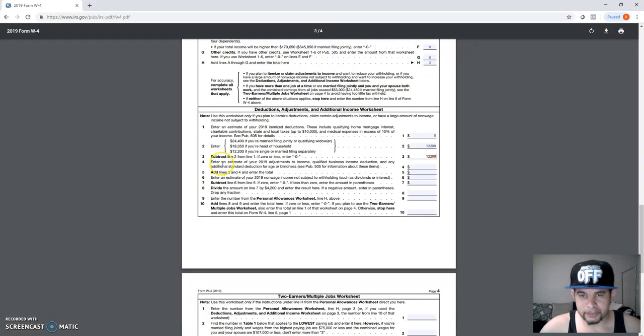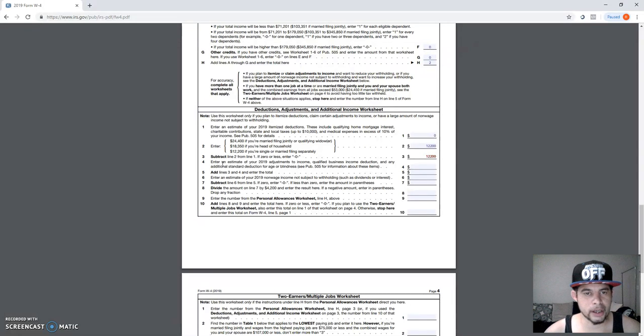Alright, so number 4 is where most people really mess up. They ask for an estimate of 2019 adjustments to income. It basically just goes over any kind of deductions. Now we're talking about your rent, electricity, food, gas, household products like cleaning supplies. If you have school loans, things like that,